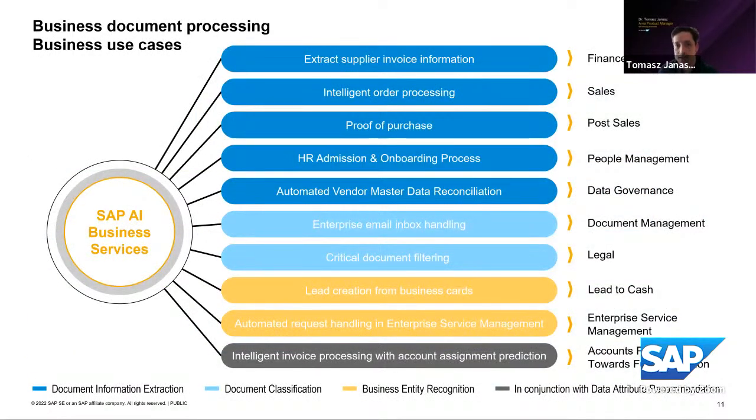Here you can see a list of some relevant business use cases where you can apply these services. As you can imagine, there are plenty of possible scenarios in business contexts. Think about the main process in finance, for example, invoice automation in accounts payable. But if you want to work with the payment advice model, then you can extract information from payment advice notes in accounts receivable.